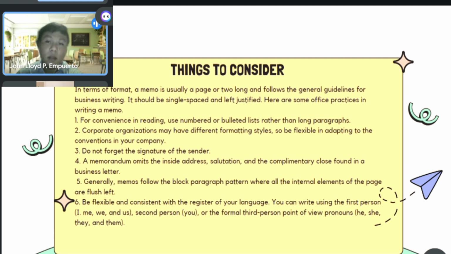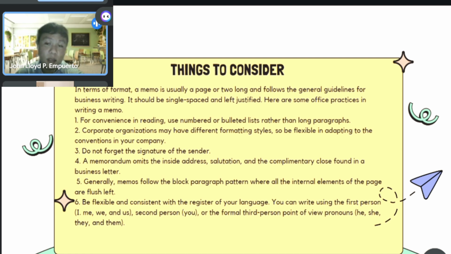The first person can create a more conversational tone, making the memo feel less formal. It's suitable for situations where collaboration or a shared perspective is emphasized. The second person directly addresses the readers, making the message more pointed and action-oriented.